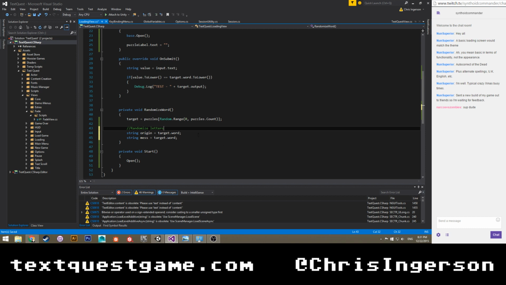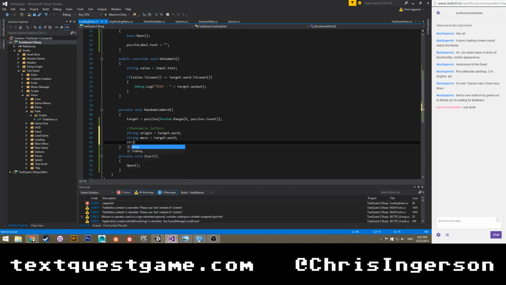Hello, Narcos v Zombie. Working on getting a loading screen minigame working. So string is basically an array of chars, but I don't know if you can have a null char. I haven't tried that. I mean, you can have a null value for the char, so I wonder if I could just do like string m equals. I don't know if this will work. You'd have to do something like this. No, it's not going to. No. I think I could do string builder. What is it? System.